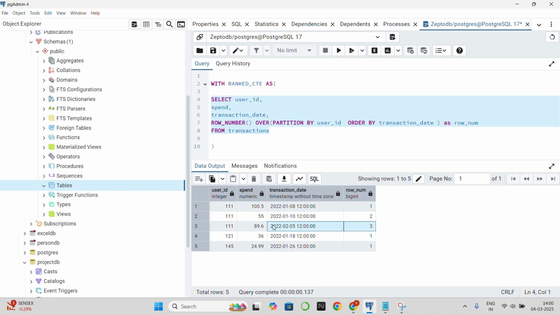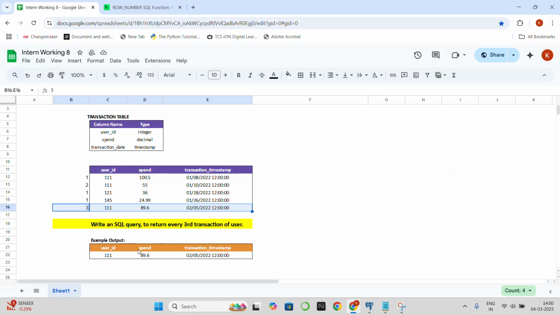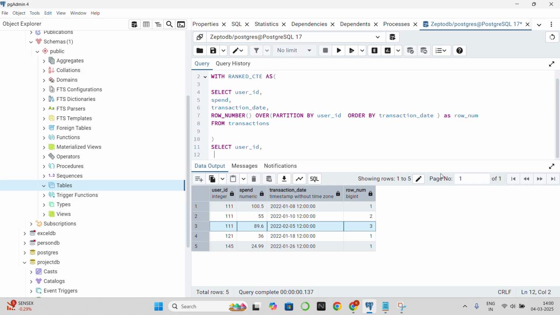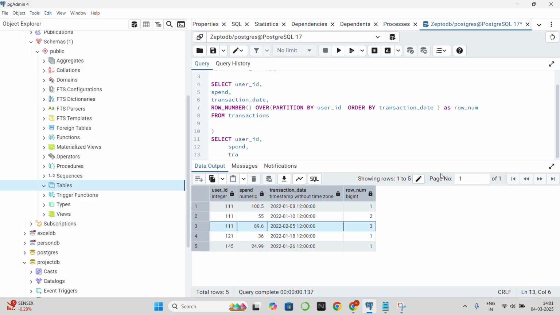What we want is only the third transaction from this. So we will use the CTE that we have made, and then we will get our final answer. So SELECT, what all things do we need? We will check in the question what we needed: user ID, spend, and transaction timestamp. So user ID, then spend, then transaction. We have named it transaction date, so we'll use that only. Transaction date